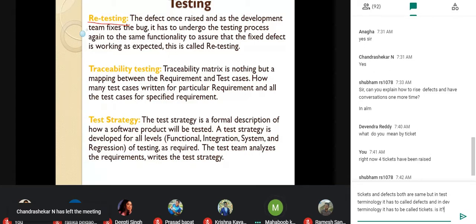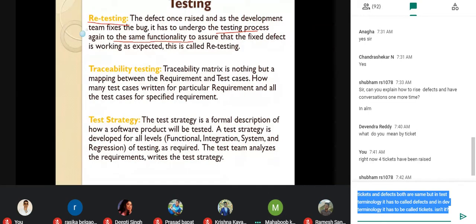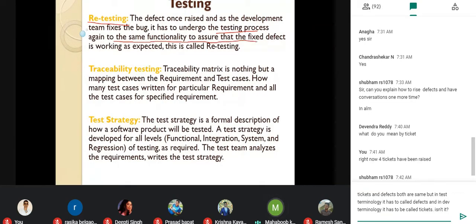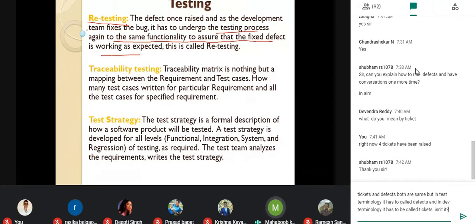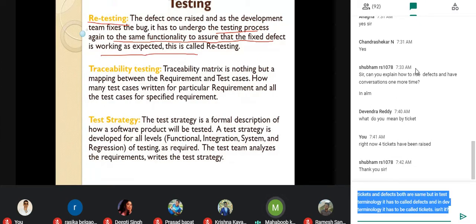The defect once raised, and as the development team fixes the defect or bug, it has to undergo the testing process again on the same functionality to assure that the fixed defect is working as expected. This is called retesting.